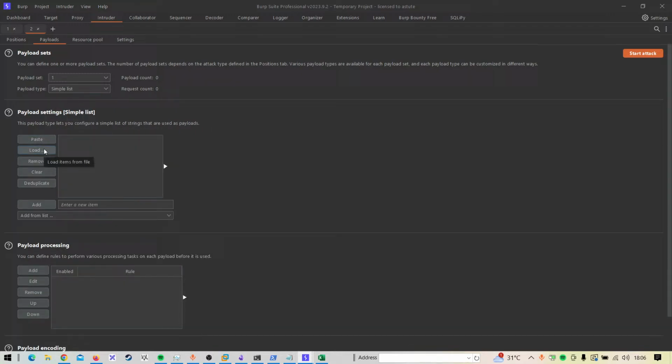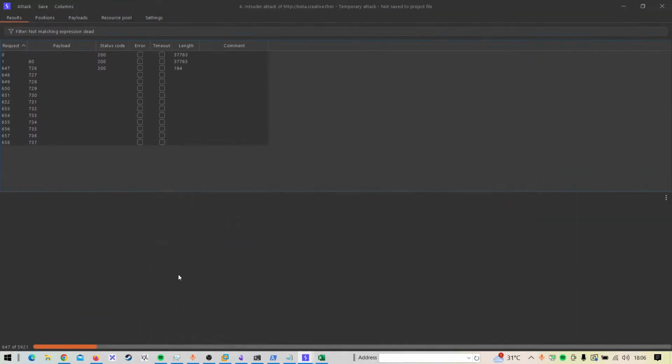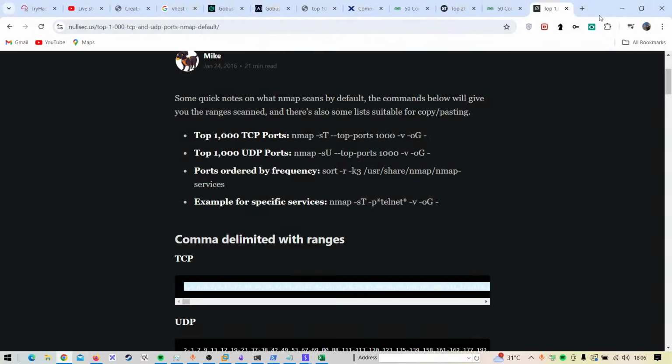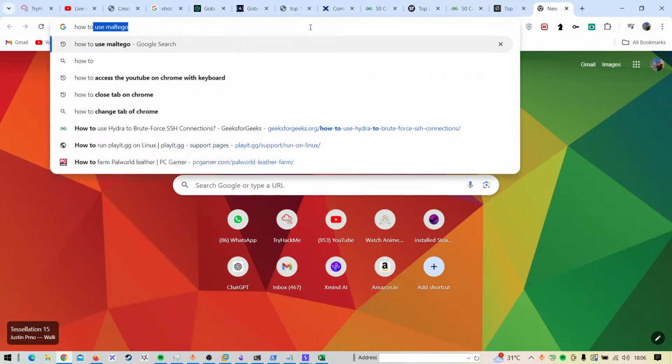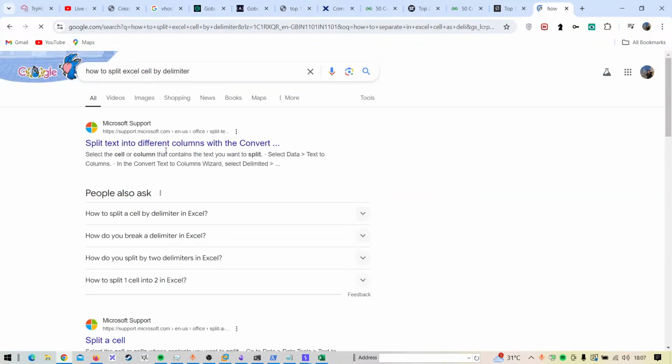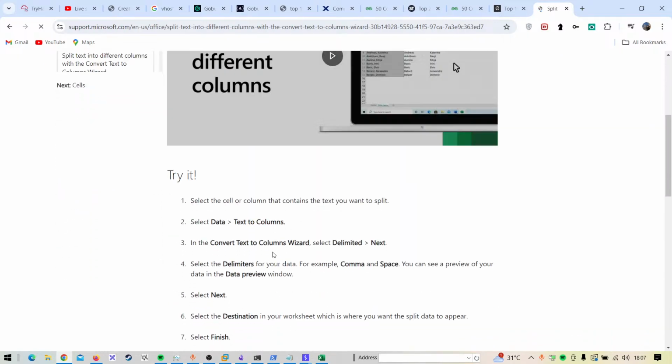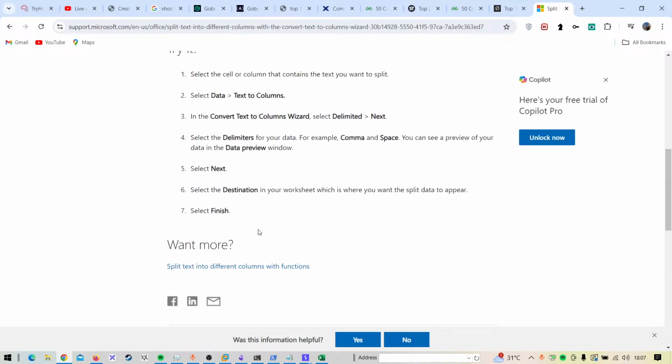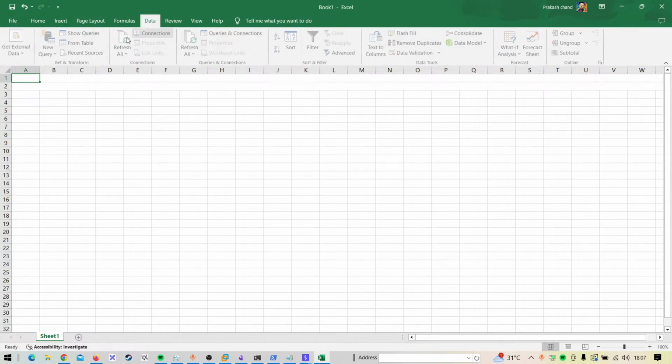Okay, it won't accept it like that. So we're not getting any hit. How to separate comma in Excel cell. I need to see this data inside into columns. Okay, we have data,